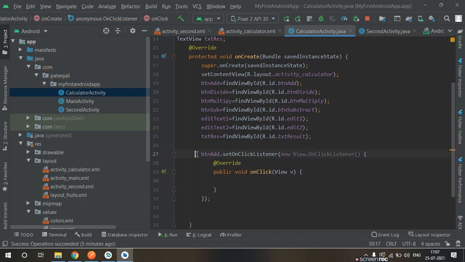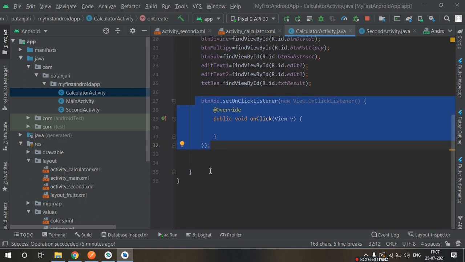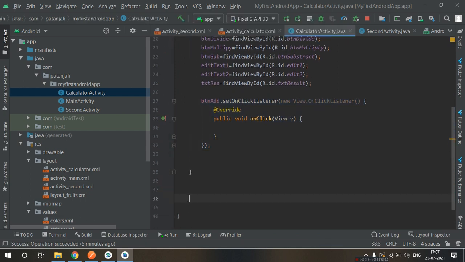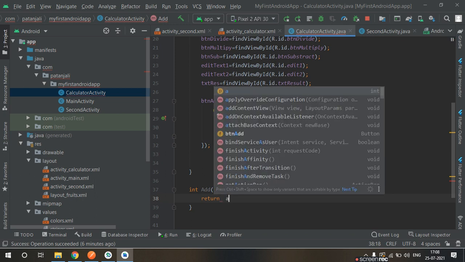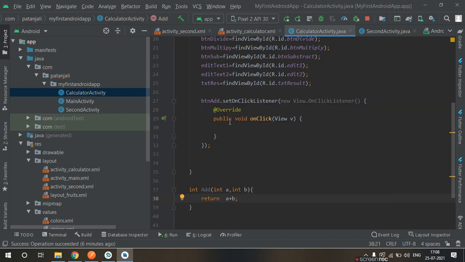This way we can create button click listener. Okay, now let's create a method for it, it will be int type. Okay, and add int a, int b. Okay, now what will be sum? We will return a plus b. That's it, and call it here add, and I will pass value of